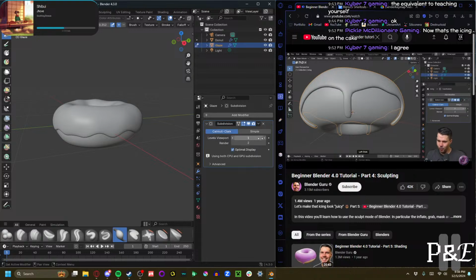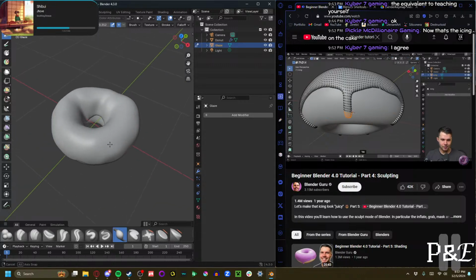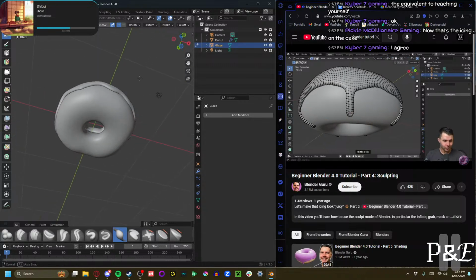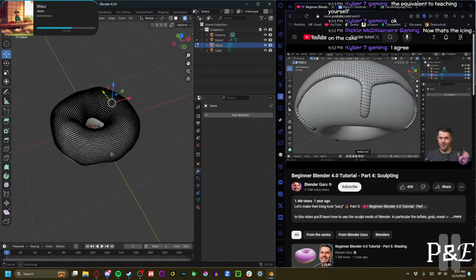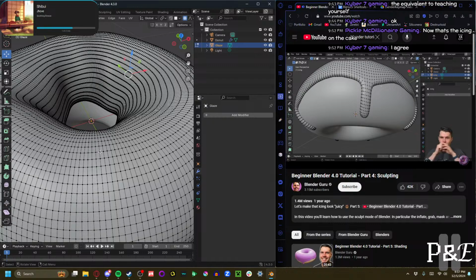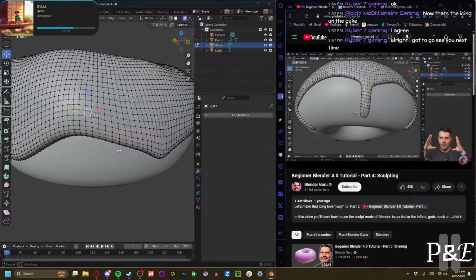So importantly, by the way, if you're applying a subdivision modifier, even though you've got 2 levels here, it will always use just the viewport. So your render amount here could be whatever, but when you hit apply, it's just going to apply whatever is in the viewport. So I'm going to go 2 levels and hit apply. Now look at this. We have 16 times the detail because we have level 1, which would be 4x, and then 4x,